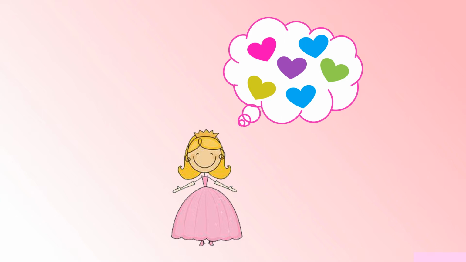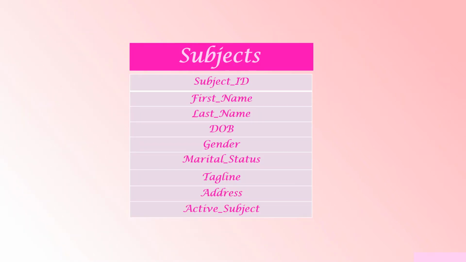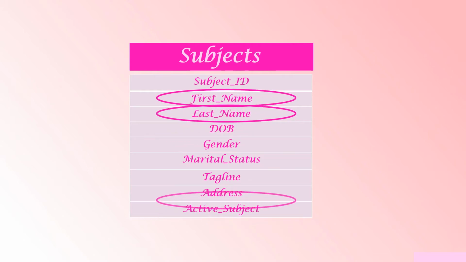So let's take a look at the subject table to start seeing how we could go about writing this query. So bringing back first name, last name, and address from the subjects table will be pretty easy. But if you look at the subjects table, you'll see that there is no age field. So getting back guests that are 18 and over is a little tricky. Your first thought may be, what the heck, Kathy? But then your next thought may be, well,